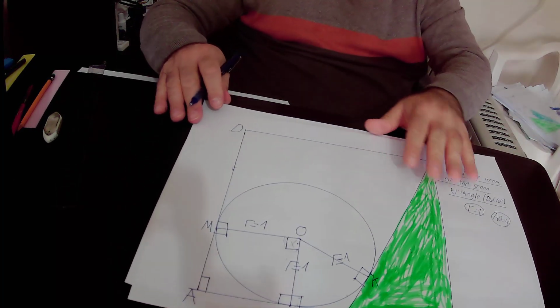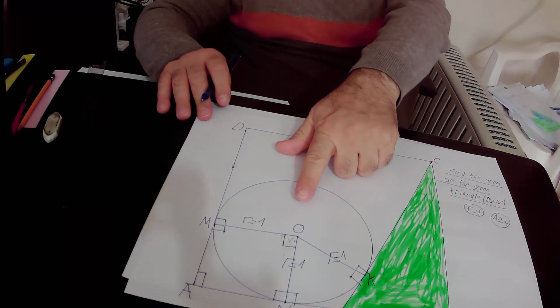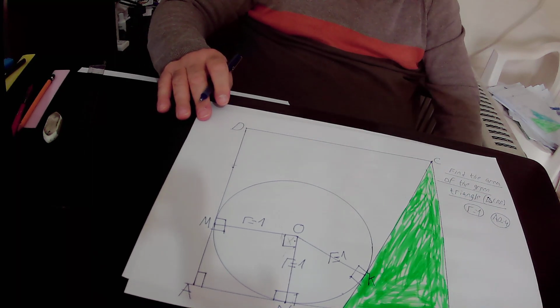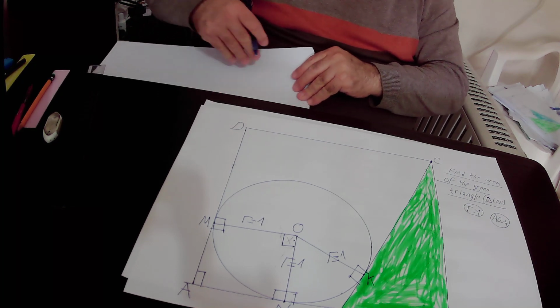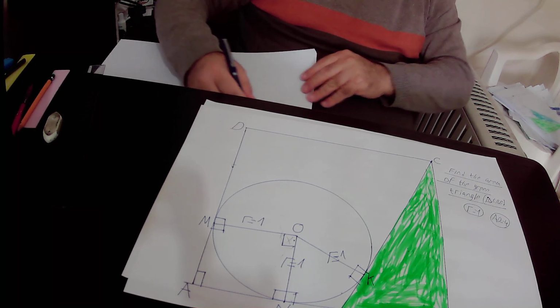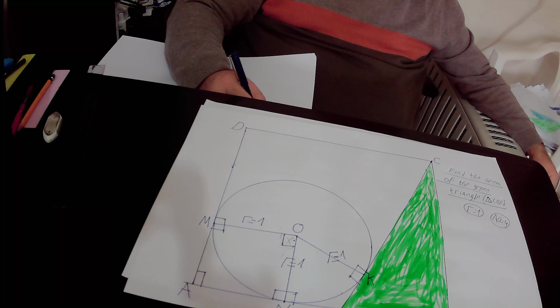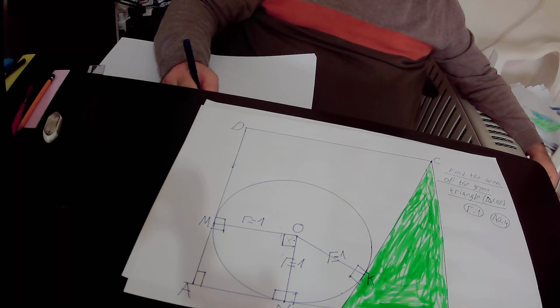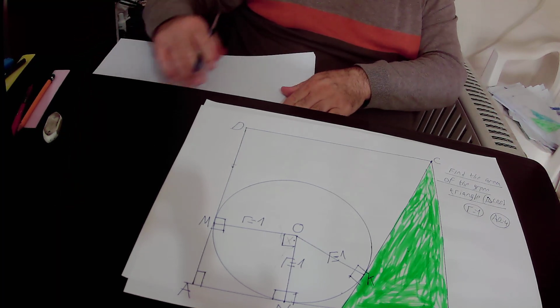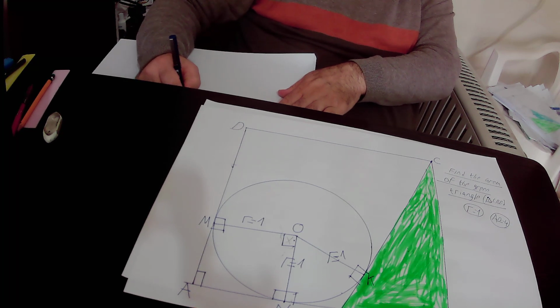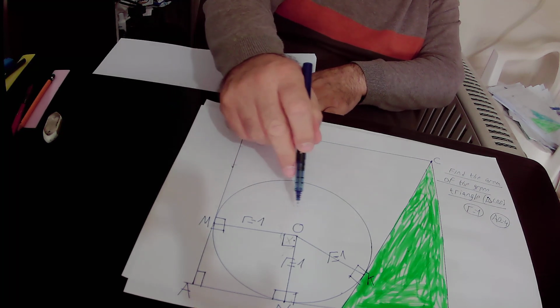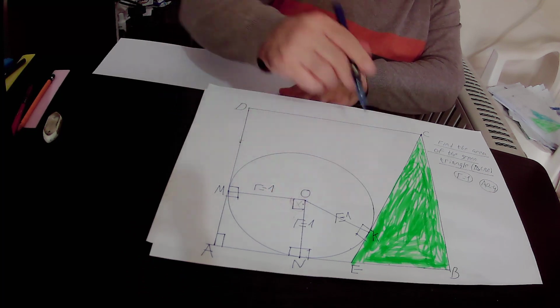Therefore, the opposite sides of rectangle MOAN are equal to each other according to rule number 4. That is to say, MO equals AN,